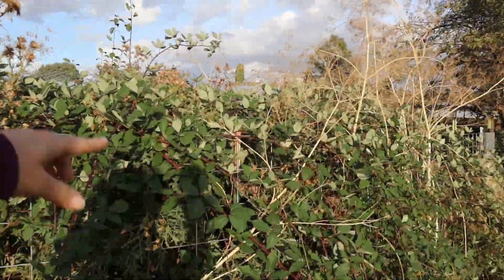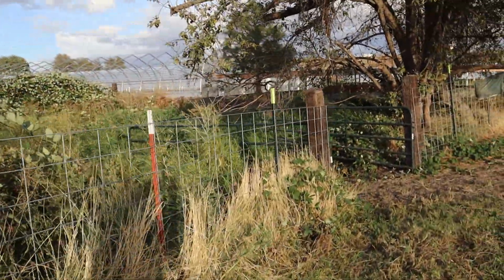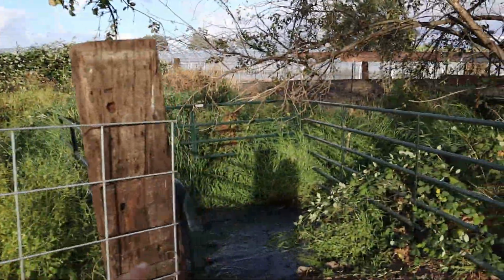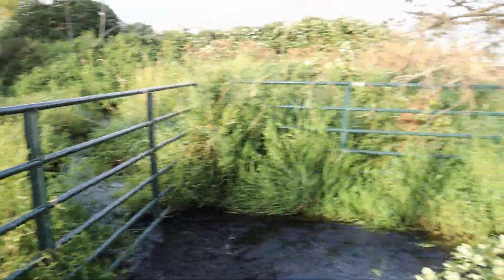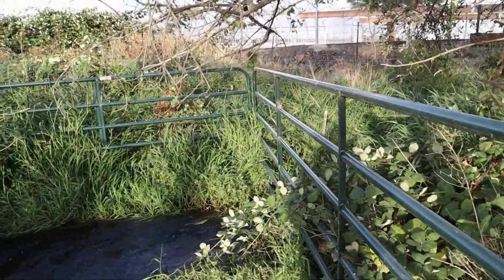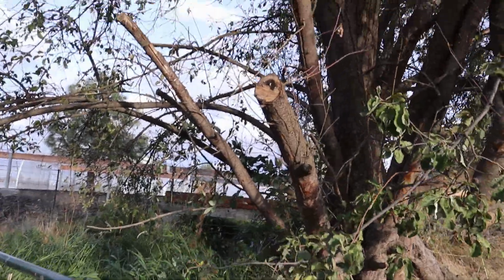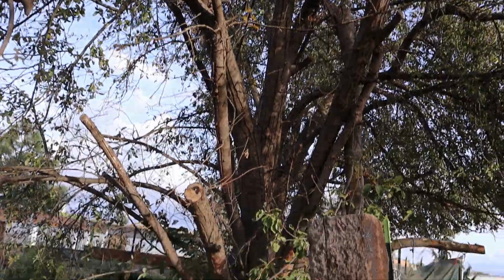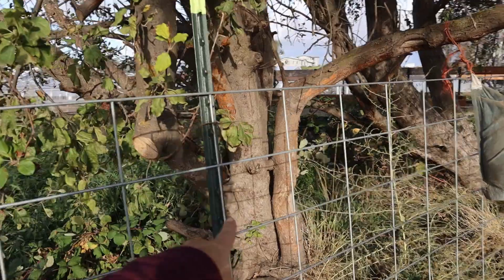They fenced this area off. Actually, on the other side of this fence is still our property, but they fenced this area up so that their cows wouldn't get in this area and muck it up, because we actually have a creek running back here, and they put up this area here for the cows to be able to get to for watering, and the horses are also able to use this area. But this right here is an old apple tree, and I think we actually have a couple of them back here. So we have this one,